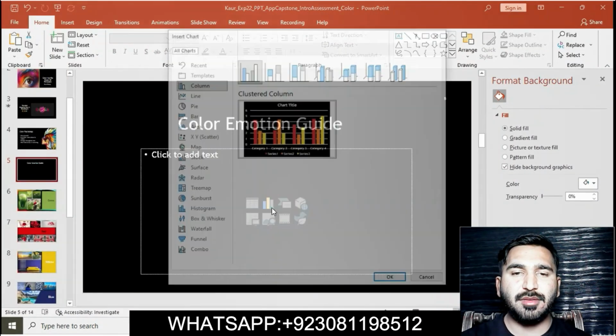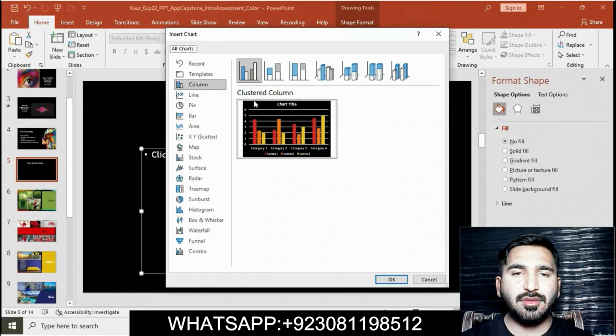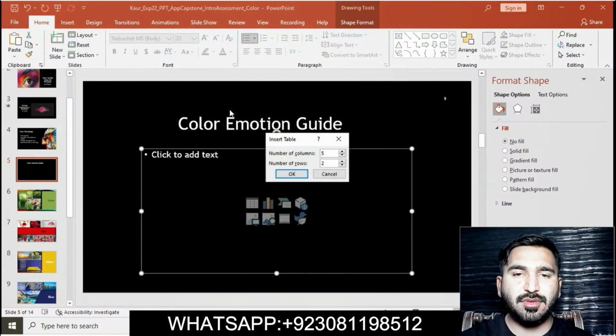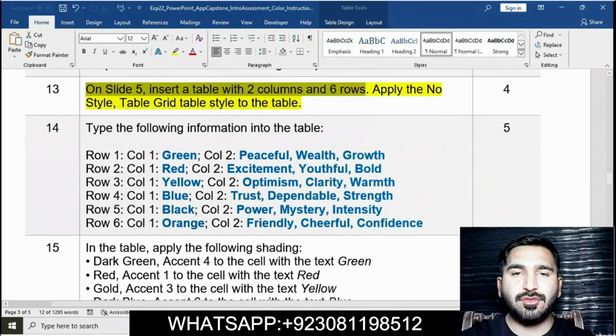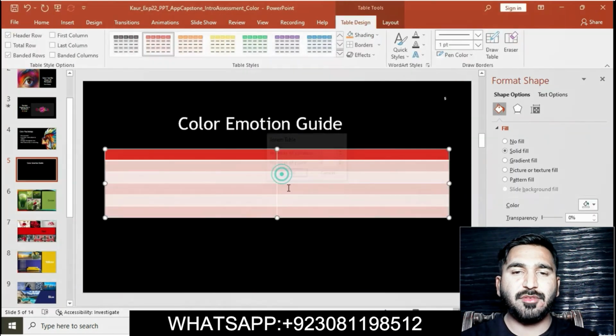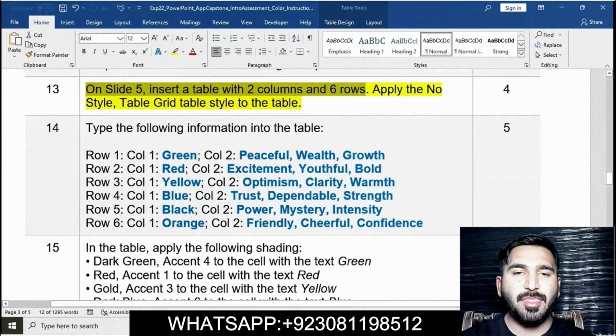Go to the insert tab, go to insert table, and then set the number of columns to 2 and rows to 6. Simply click on OK. The table will be inserted, 2 by 6.